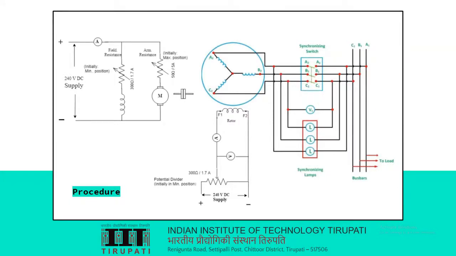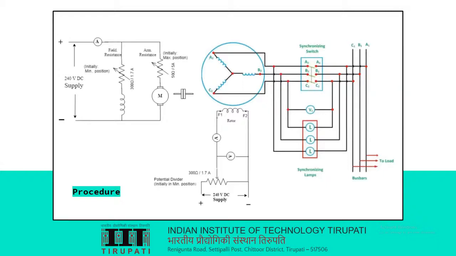All the lamps will glow and go off at the same time if the phases are properly connected. If this condition is not satisfied, then the phase sequence is not connected correctly. Thus, in order to connect the machine in the correct phase sequence, two leads to the line of the alternator should be interchanged. The frequency of the alternator is adjusted until the lamp flickers at a slow rate.